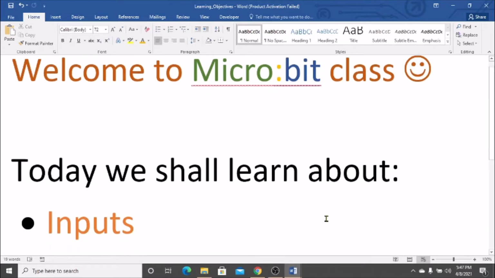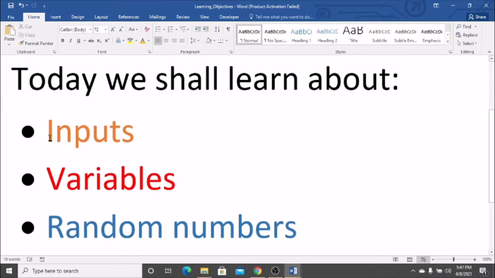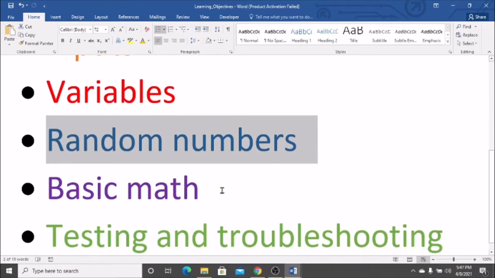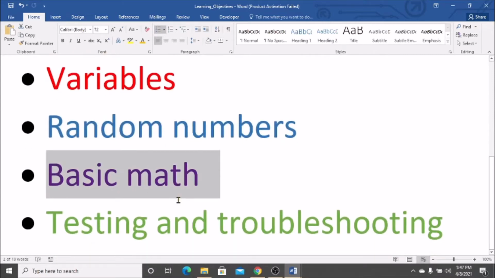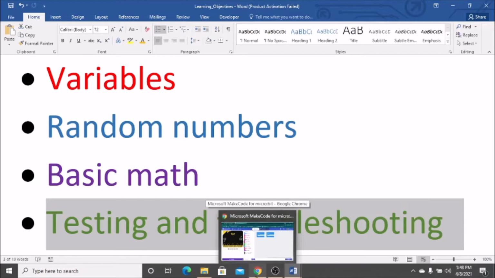So just very quick, I'm going to take you through some of the things we'll touch on. We'll touch on inputs, variables, random numbers, and basic math operations like addition, subtraction, multiplication. We'll get to explore the functionality that is in Makecode, and we'll also do some testing and troubleshooting. So without wasting time, let's head to